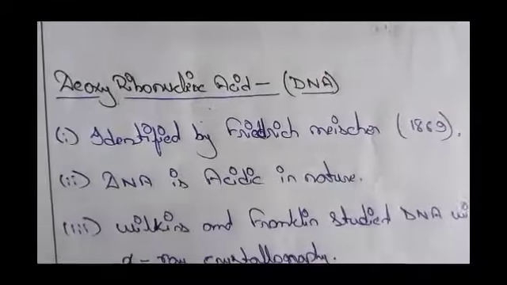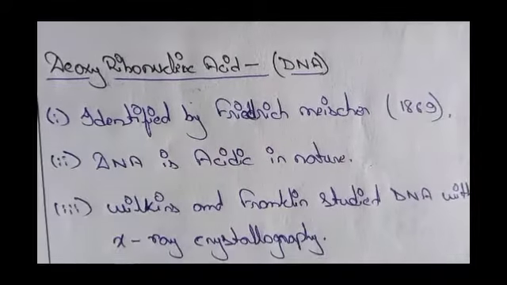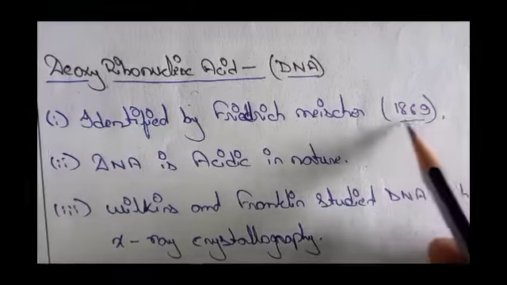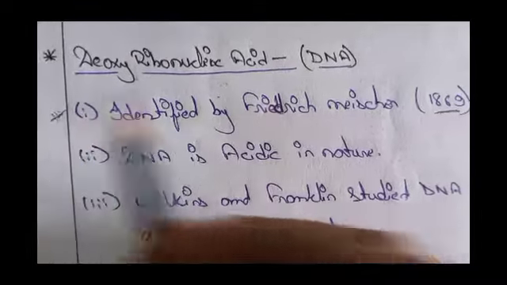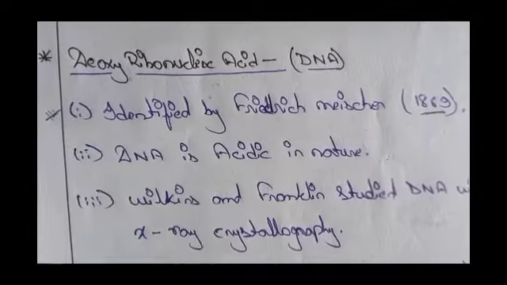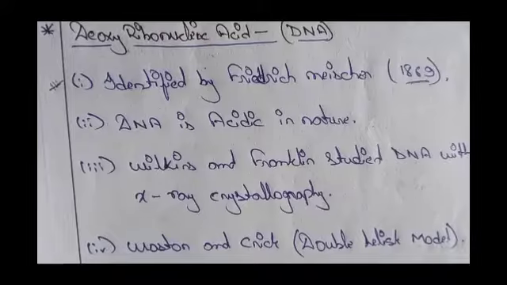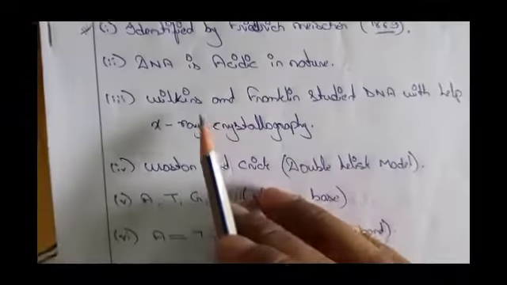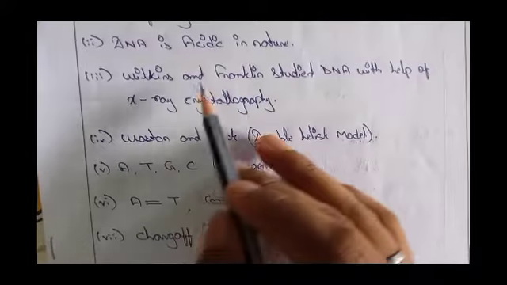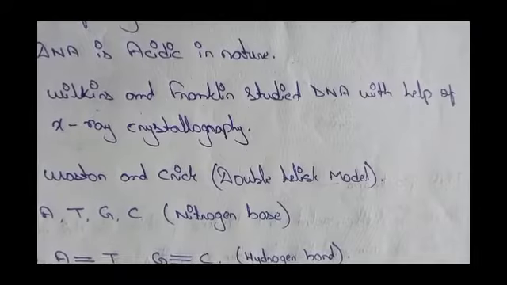deoxyribonucleic acid, or DNA. This was identified by Friedrich Miescher in 1869. This point is most important for the NEET examination. DNA is acidic in nature. This is also an important point. Then the next point is that Wilkins and Franklin studied DNA with the help of X-ray